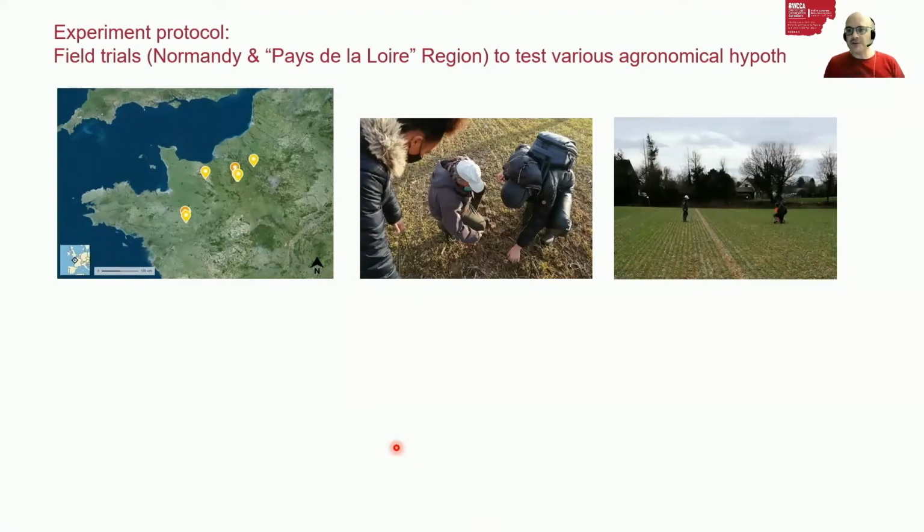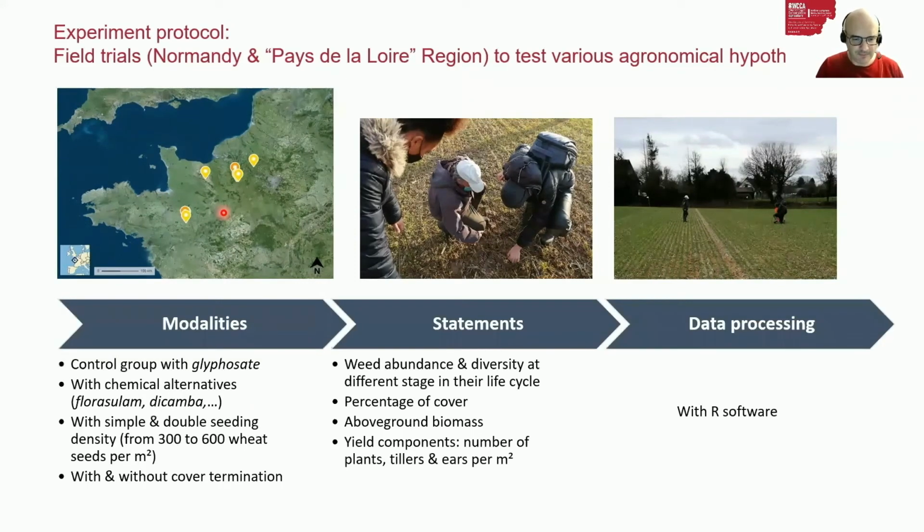What are the main features of our experiment protocol? Our study sites are located in the northwest of France, in Normandy region and Pays de la Loire regions. Several modalities have been tested, use of alternatives in terms of chemical control with, for example, fluorosulam,